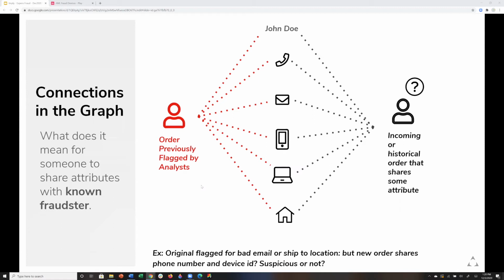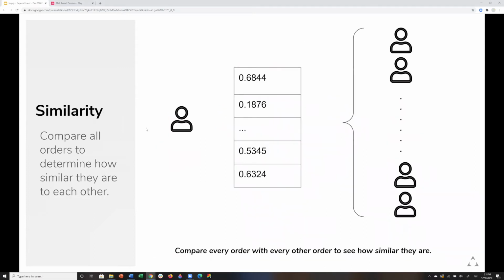And certainly if I begin to share more than one of these features with somebody who's previously been flagged as suspicious, then that might increase my score. So I've immediately added to my corpus of information. I know everything about this order, and now I also know shared features against existing or previous orders. On the next slide, you'll see that after we do a summary of shared features, what we'll do is take